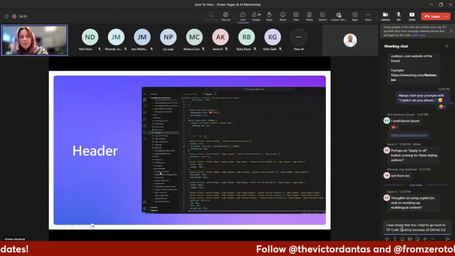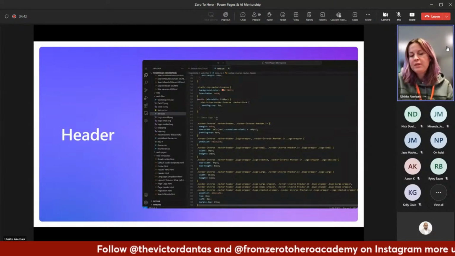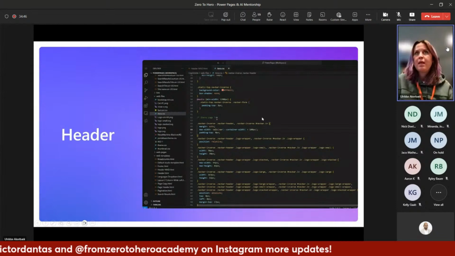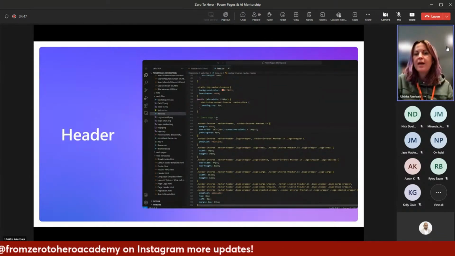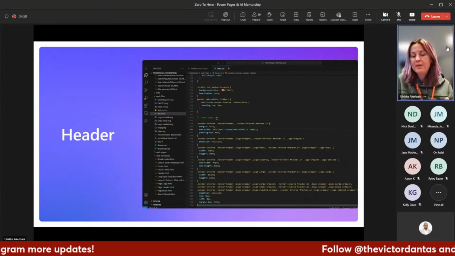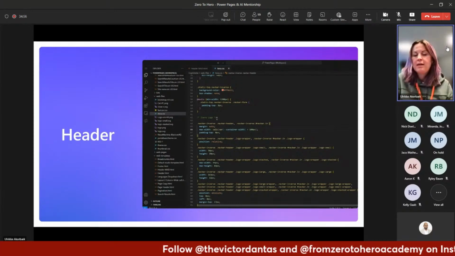So this is kind of the styling that I applied to make that header so big and wide. There is some styling necessary, because for most of the Power Pages templates you have a header that is very wide and narrow and thin,